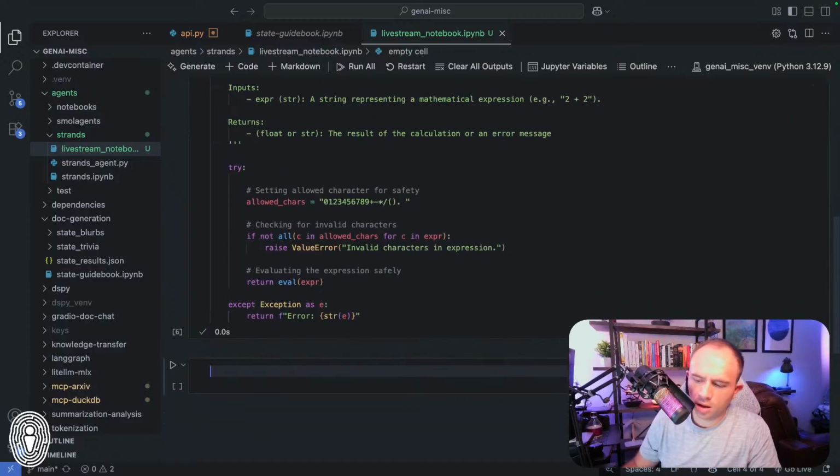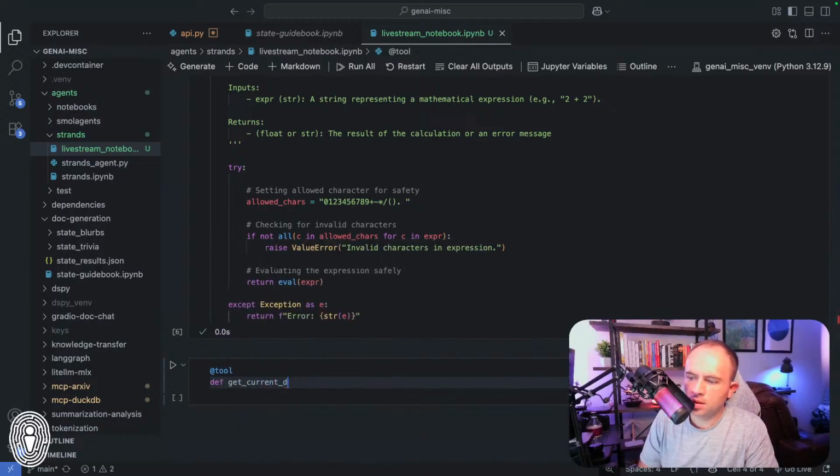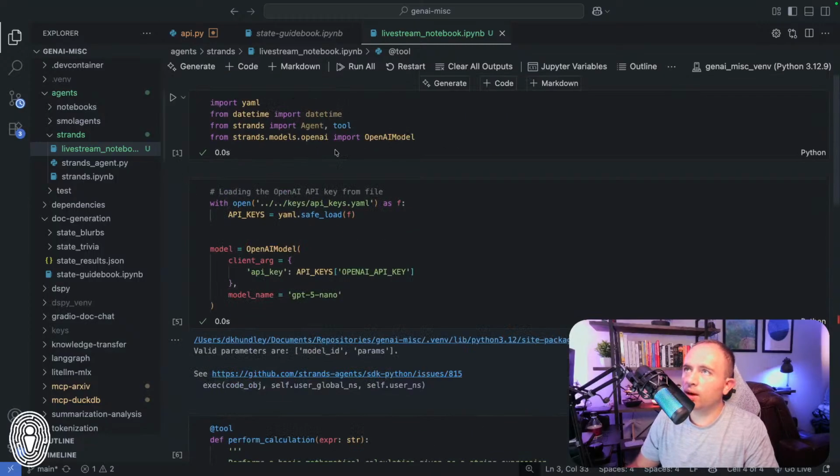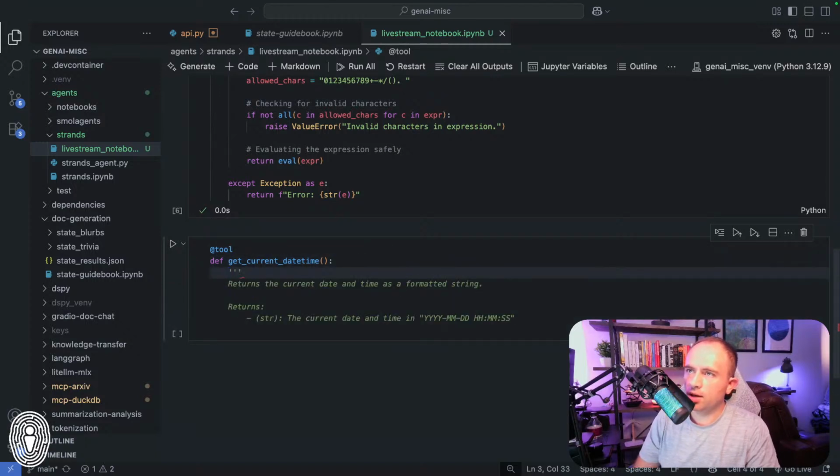All right, so that accounts for one. Let's go ahead and create our other one here. We're going to say @tool, get_current_datetime. This is again why we were importing datetime up here. Now this is hopefully starting to make sense. Let me look at my documentation here to see how I wrote this function.